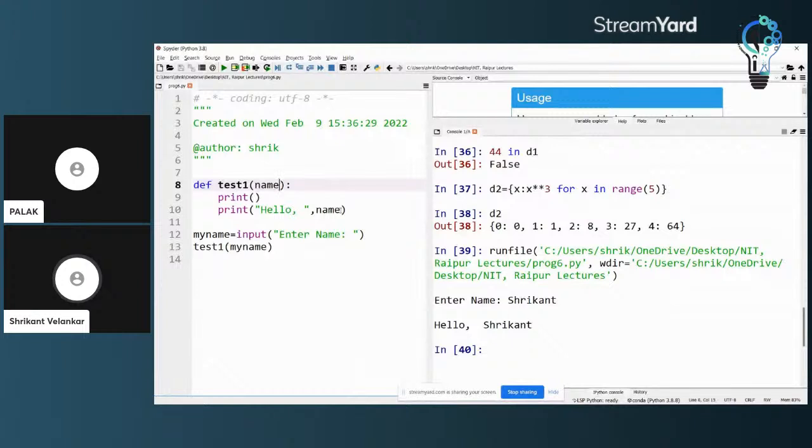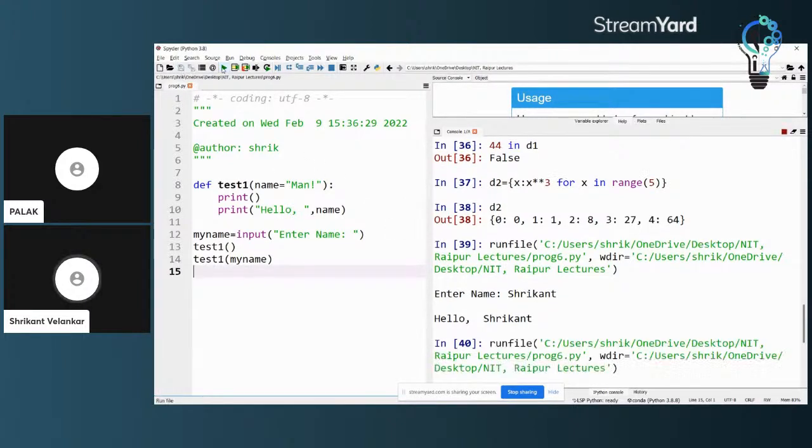Because there is a passing parameter, I can give some value to it as a default value. I say man is the default value. So what is going to happen, let's see. I will run test1 without passing any parameter, and in the second case I will put the parameter, because I have just received the name. So let's see how it works.